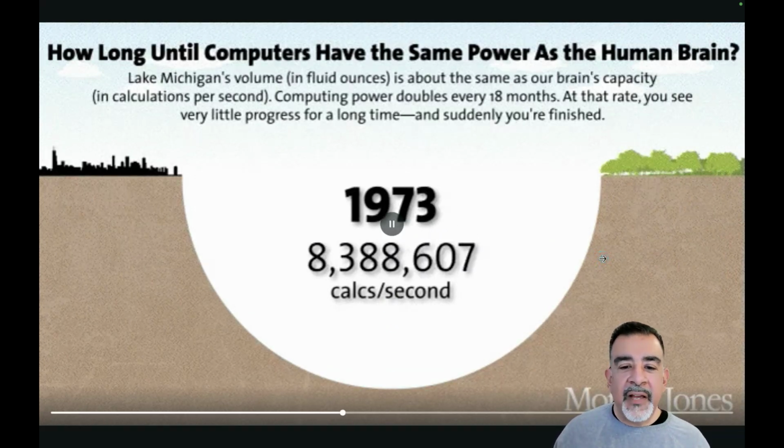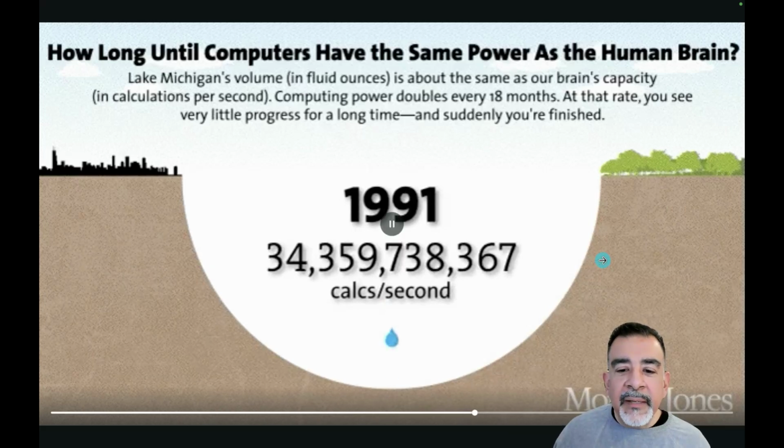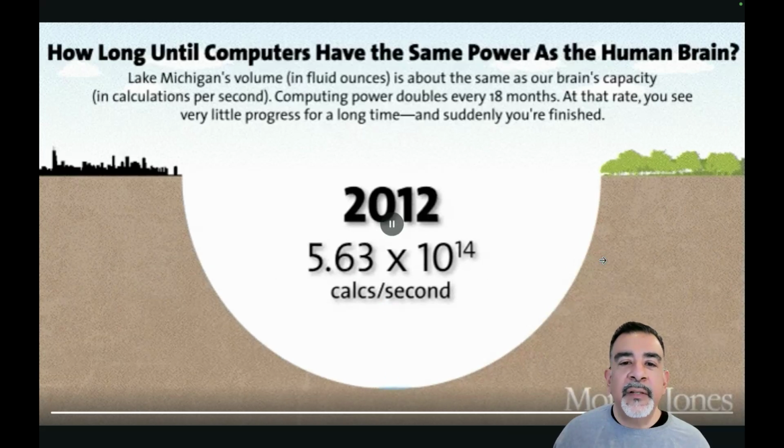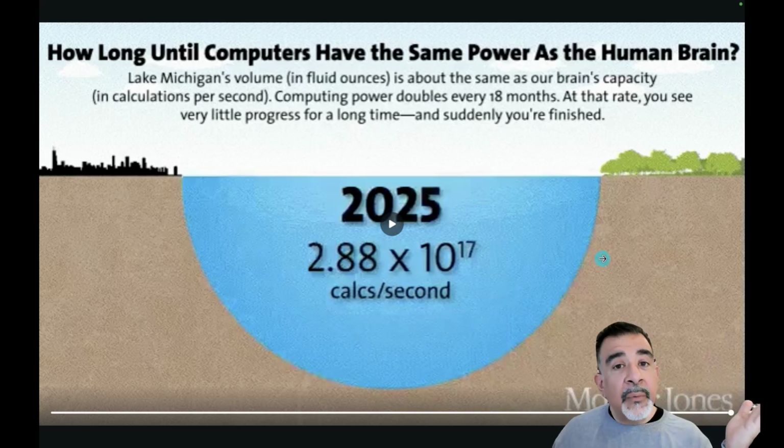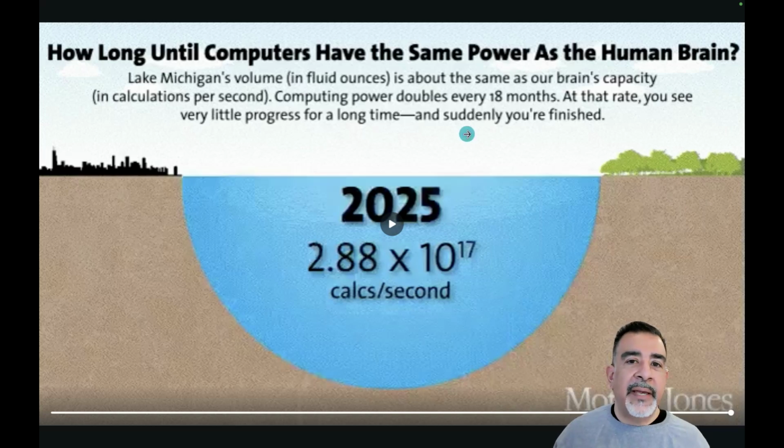So we start off with it being barely perceptible that it's filling it all because it's every 18 months. And then if you notice there, right at the end, within the last 5 years, it fills up. And the reason for that is because it's doubling every 18 months. So it's kind of like compound interest.